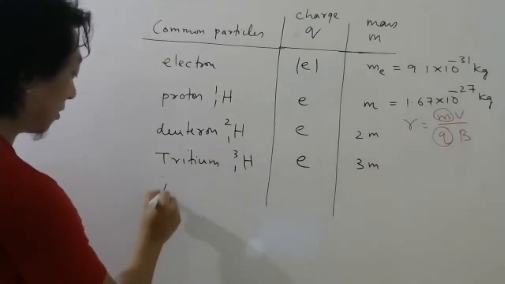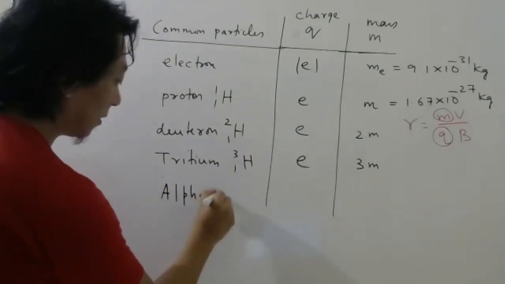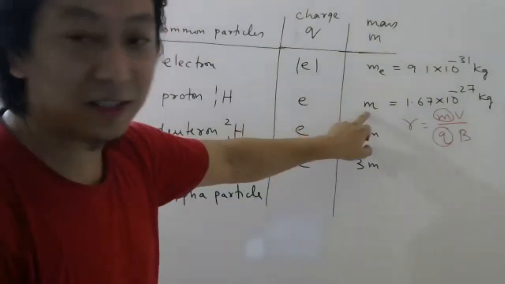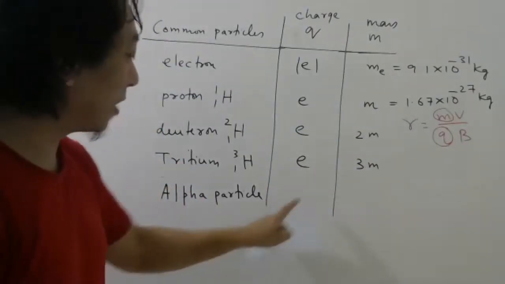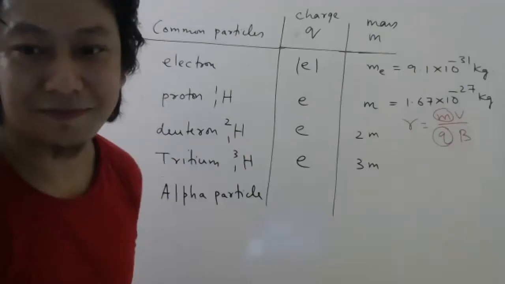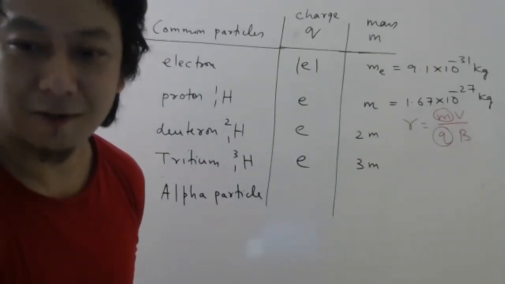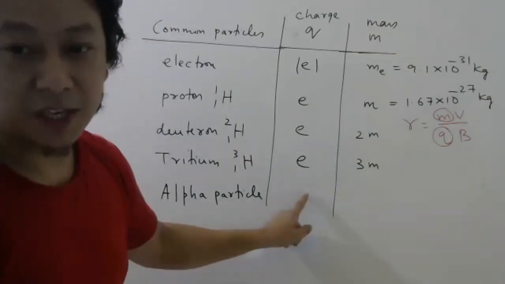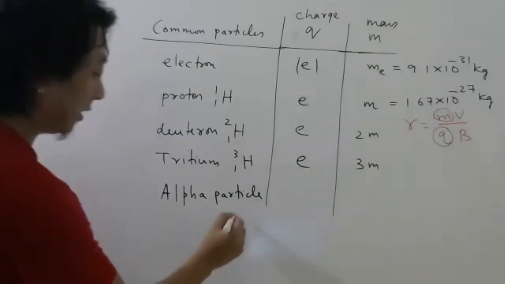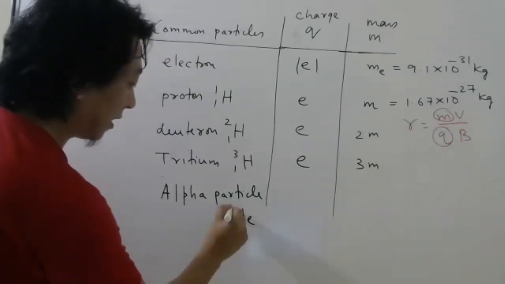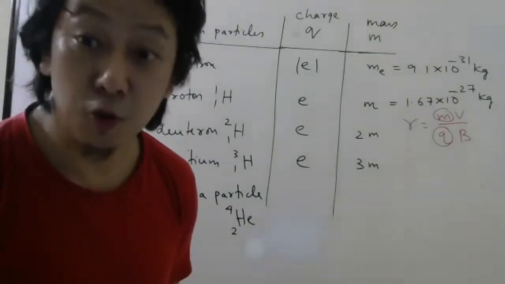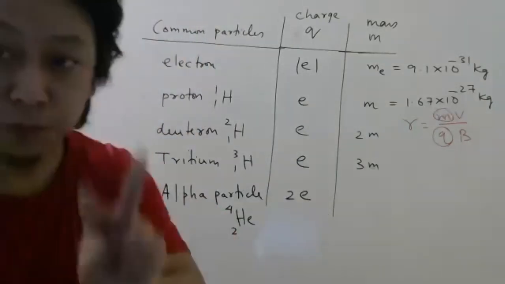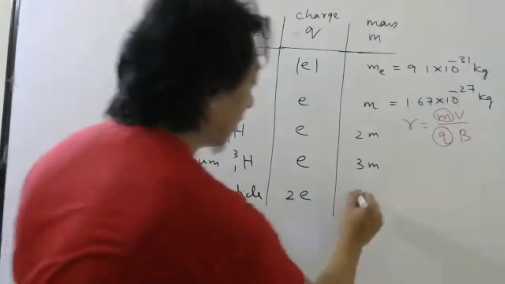And the last one that is important for us is the alpha particle. For the alpha particle, I want you to tell me in terms of the mass of the proton. So what should I write here for the alpha particle? Anyone knows? If you don't know, it's okay. My job is to teach you. Abhishek, I'm asking charge. Yeah, so alpha particle is nothing but a helium nucleus. Since two protons are there, 2e, and two protons, two neutrons, so mass will be 4.